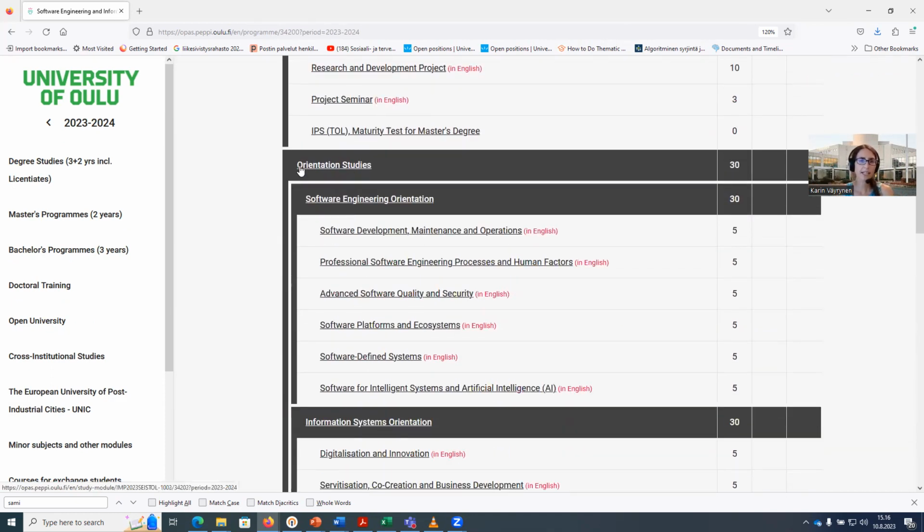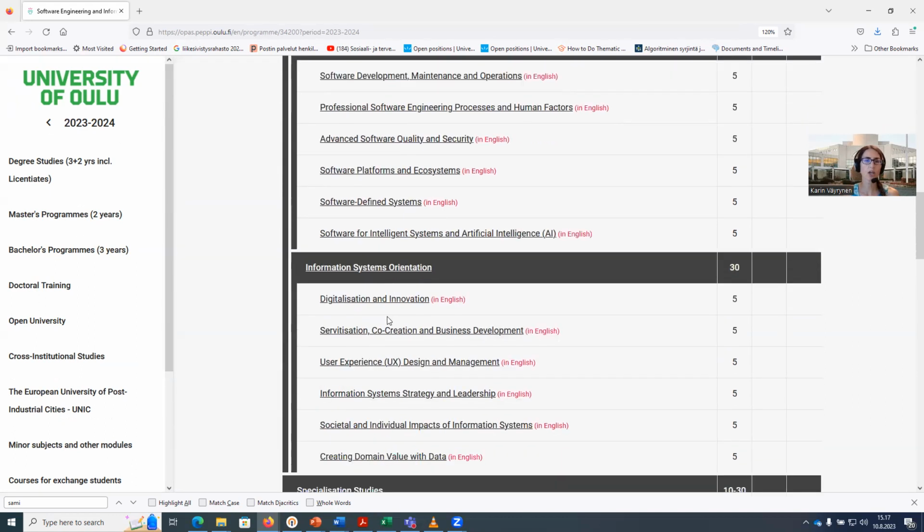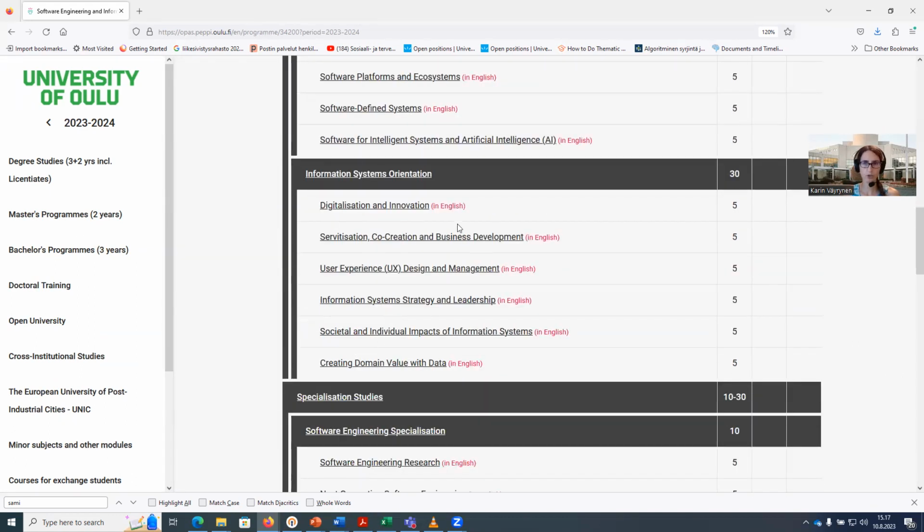Then the next part of our study program are orientation studies. So there are 2 orientations that you can choose from. The one is software engineering and the other one is information systems. And in order to graduate from our program, you need to have one of those 2 orientations completed in full. That means in order to be able to graduate, you need to have either all 6 courses from the software engineering orientation or all 6 courses from the information systems orientation completed. And